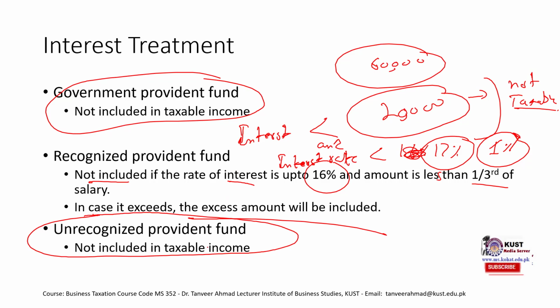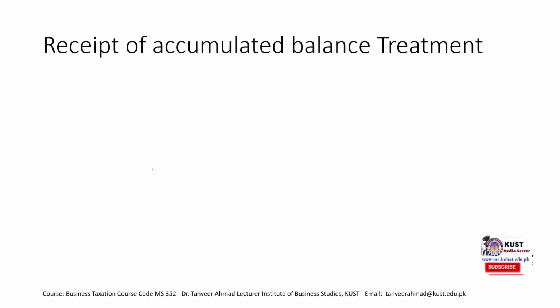Again, you would be confused over here that it is an unrecognized fund. It should be at the disadvantageous end. Rather, it is at the advantageous end. Then what is the advantage of getting your fund recognized? If unrecognized funds are not taxable, then why should we get our fund recognized? But hold on for a minute. Now comes the